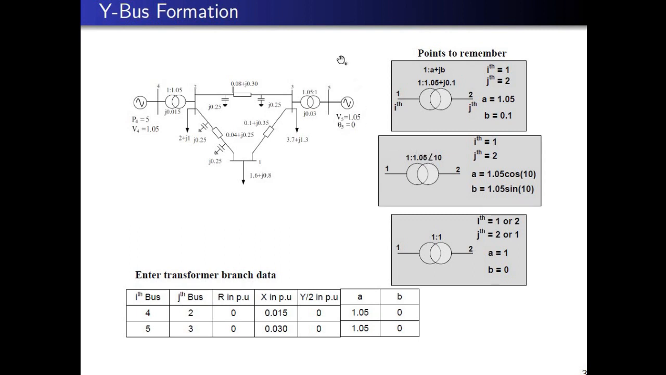some points to be remembered are represented by these figures. For example, any transformer in per unit is represented as 1:A plus jB. For example, if it is represented as 1:1.05 plus j0.1, an arbitrary example shown here, and one end is connected to the first bus and the other end is connected to the second bus. Therefore, the one,